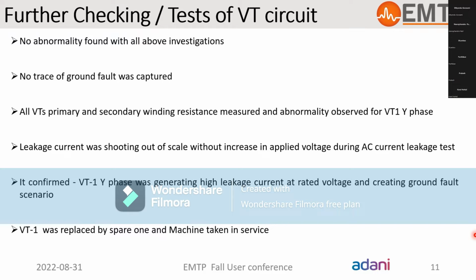And during this test, during the winding resistance measurement, everything was found okay, except that VT1 that we have seen earlier, that one particular phase, Y phase, we can say, primary winding was not behaving normally. The data shows abnormal results. So leakage current test and all that were performed, and then we finally concluded that VT1 Y phase was generating some high leakage current at the rated voltage, and that can create the ground fault scenario. So that particular VT was replaced by a spare one and then the machine was taken into service. But after that,